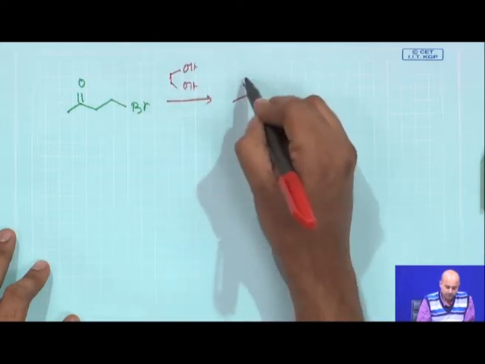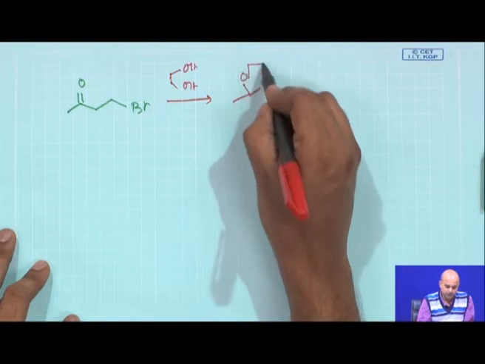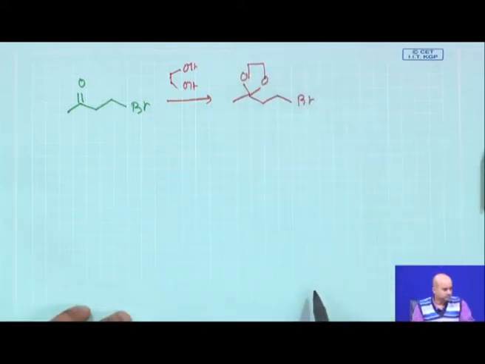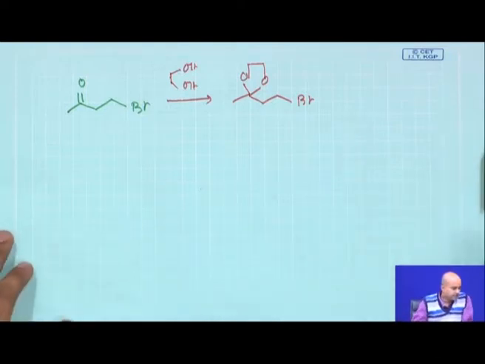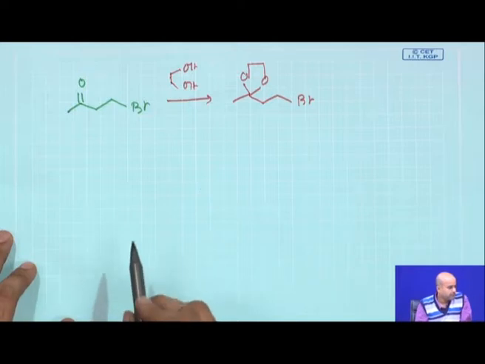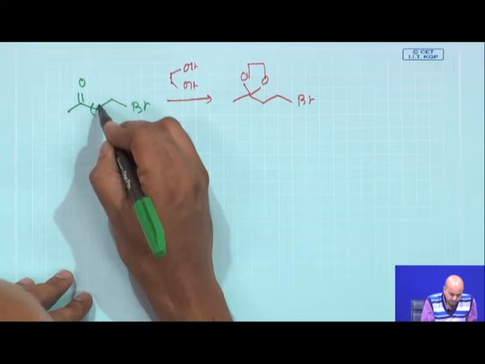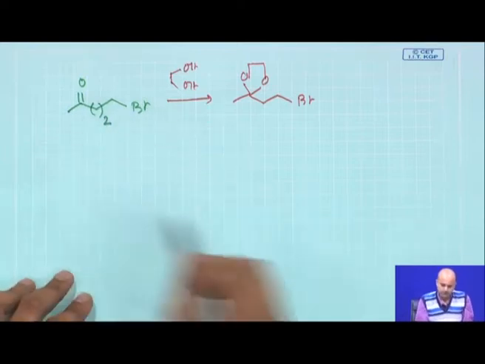So, basically you protect the ketone, and you get CH2Br. I think you need 1 carbon extra, is not it? Yeah, you basically need a CH2. So, you basically need a 2, yes,